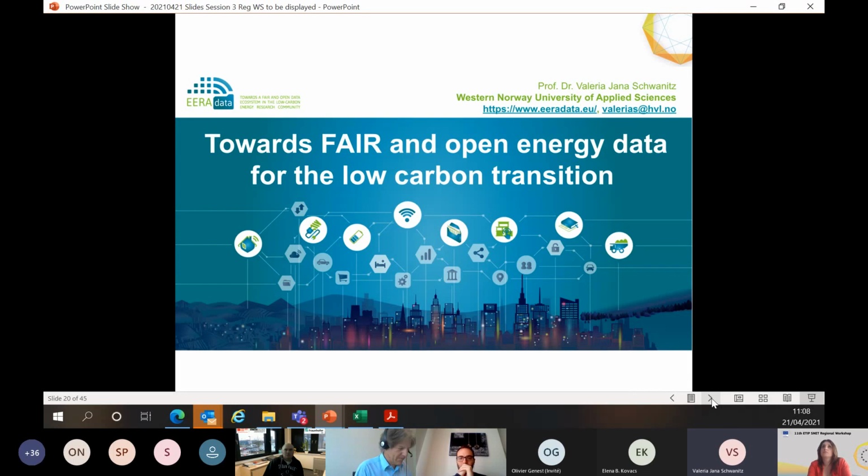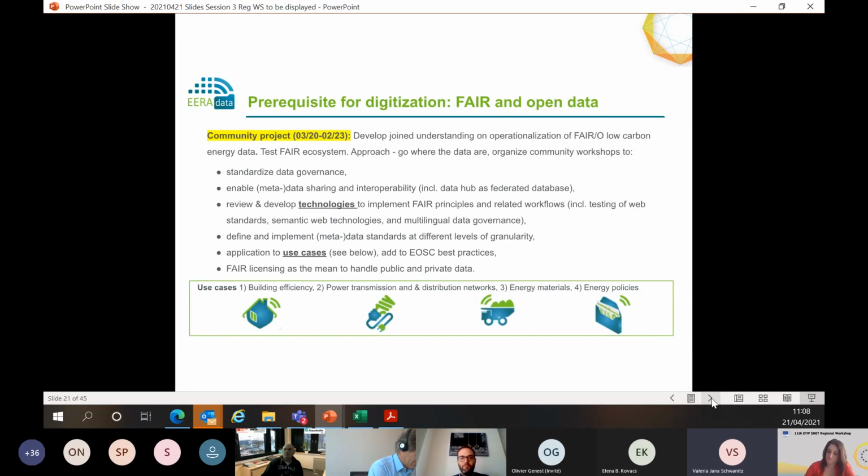For one, this is an umbrella organization that gives the project its name. Second, ERA data is actually a community project. Next slide, please. And this means we go where the data is and extend beyond the project consortium. Our objective connects to the big idea that has been mentioned in the plenary already, and that is to share data, to move forward with the digitization in the energy sector, and third, to build one-stop platforms in the form